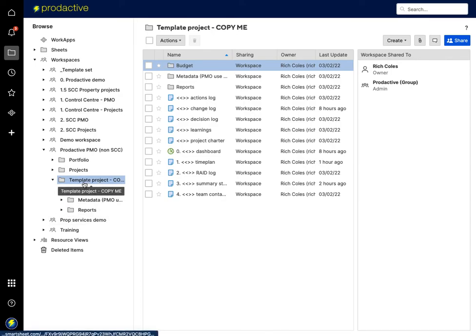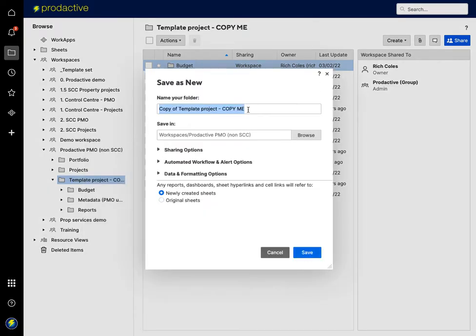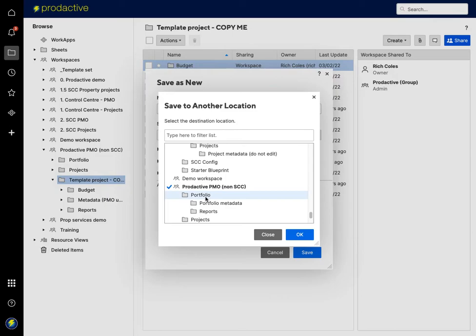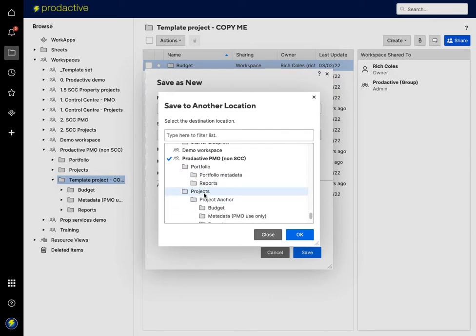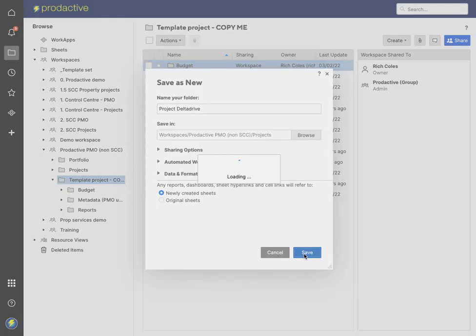Now to create a new one, I am simply going to right click and save as new, and I'm going to call this project Delta Drive. Okay, and I'm just going to decide where to save it. Now it's automatically putting it in the same place, but I'm going to put it in the projects folder down below. So I've got project anchor, and here we go, Delta Drive. So if I now save that,